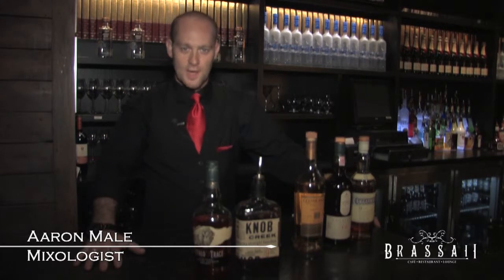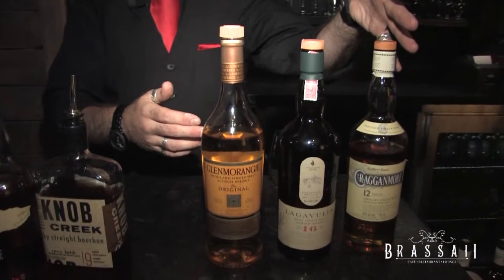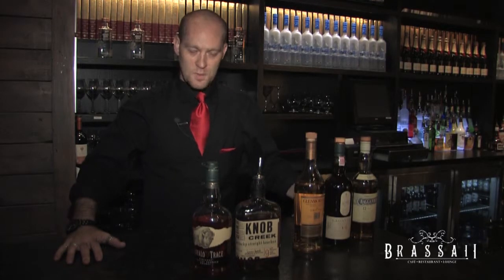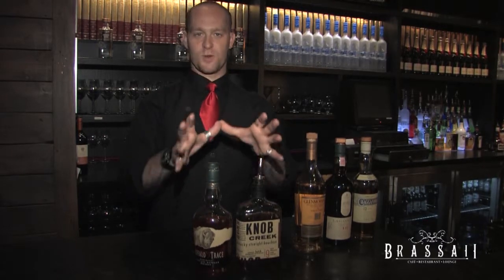Today we're going to be talking about bourbon and tasting bourbon, and the difference between bourbon whiskey and Scotch whiskey. Scotch is primarily wheat-based. Bourbon is corn-based. The process is pretty much the same, but the FDA actually determines what qualifies bourbon as a